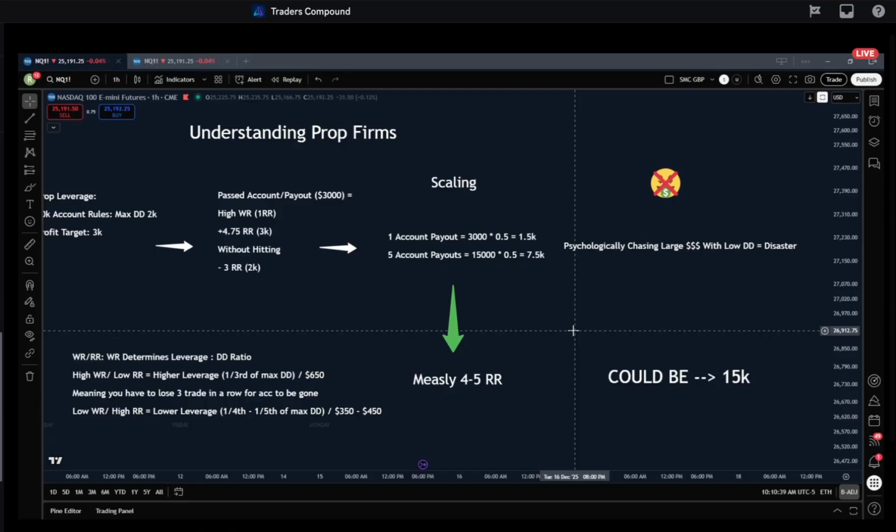All right, guys. So tomorrow I'm not going to be trading. I'm going to be diving into prop firms and the differences between them. What are the pros and cons? What are the payout processes for these firms? What does that look like? But yeah, that's what I got for you guys today.